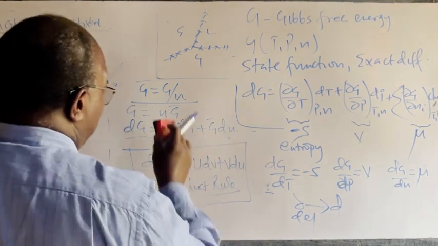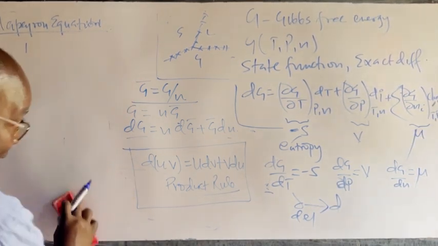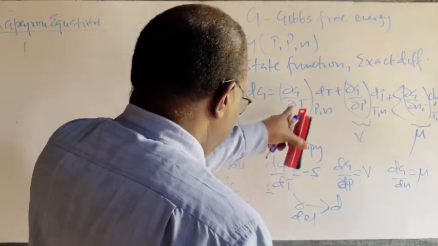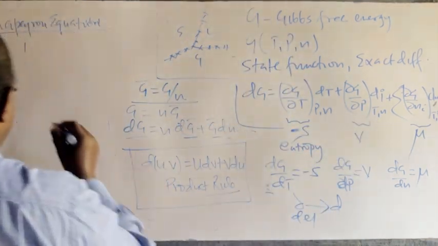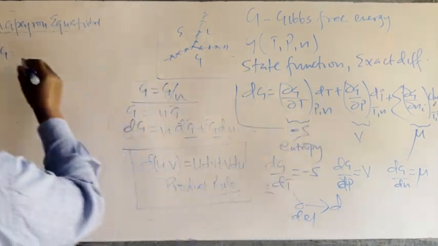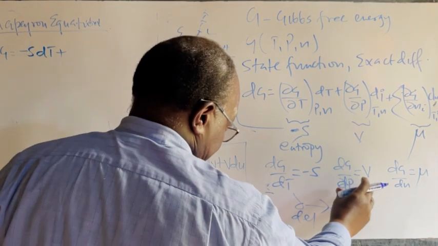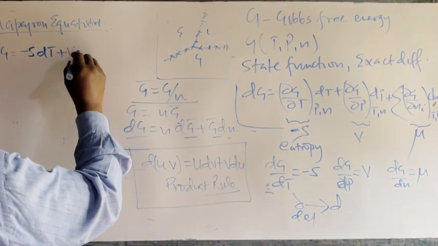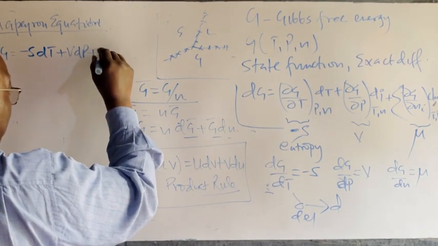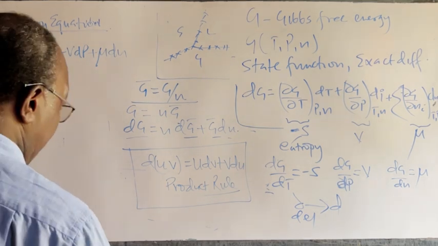So let's use the board now. This side, I think we can use this side. So we are saying that what we have is this particular quantity, dG. dG we have seen is minus S dT, plus V dP, plus the chemical potential times dN. And this is equal to,